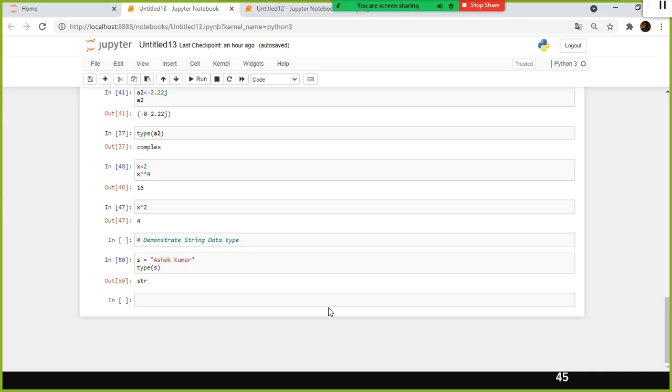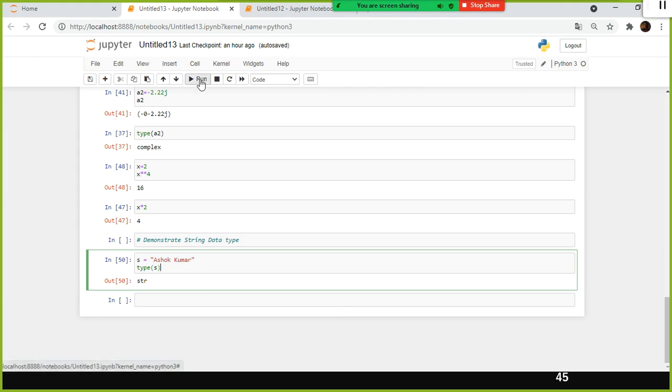In the comment, you need to specify for what type of business problem you are implementing this logic. You need to specify it in plain business English, and then in the subsequent cell, if you implement the logic and execute it, it will display the output. Instead of str, it will say some values.